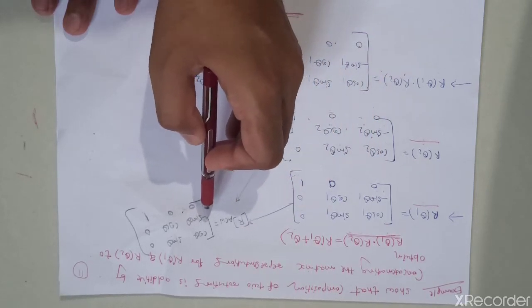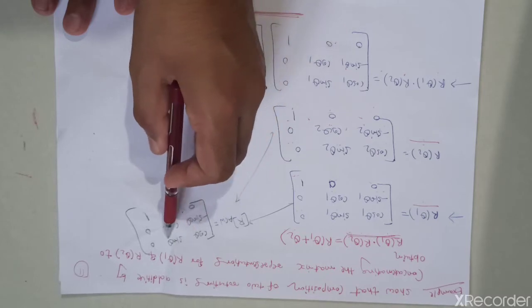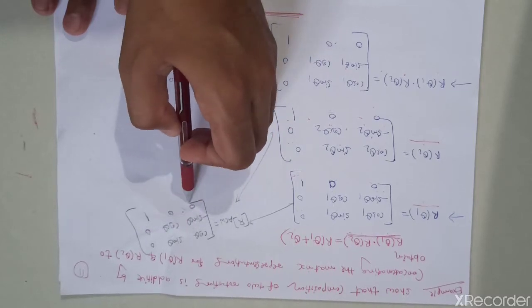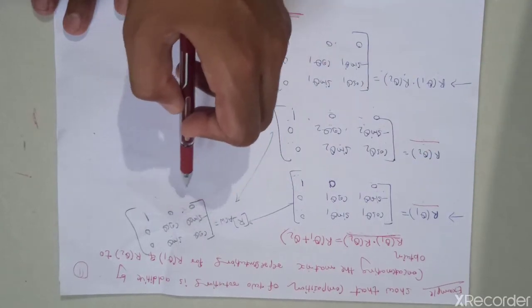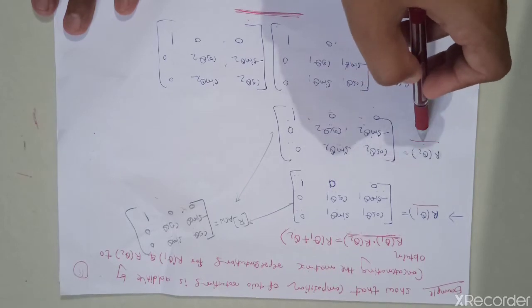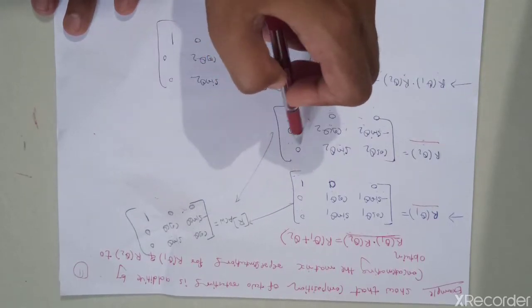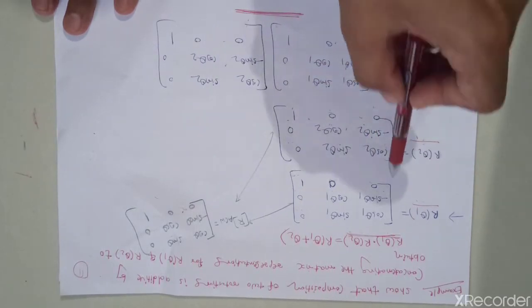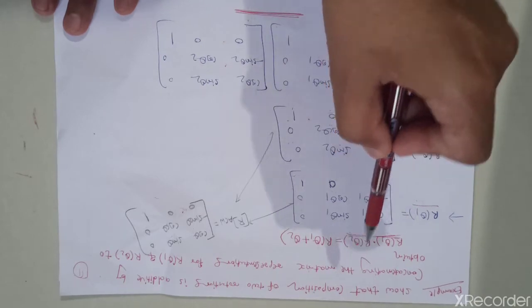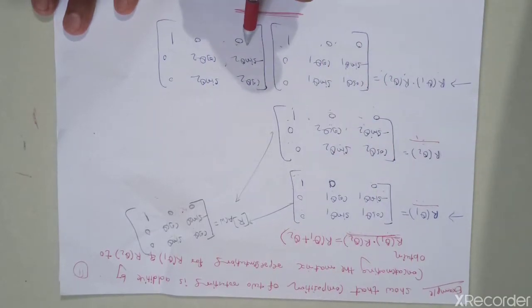So we know that the basic equation for rotation is cos theta, sin theta, 0; minus sin theta, cos theta, 0; 0, 0, 1. To get R(theta1), simply put theta1 in this equation. Similarly, to get R(theta2), simply put theta2 in this equation. So we get R(theta1) and R(theta2). Now, first of all, we multiply R(theta1) and R(theta2). So here we write down these two matrices. Both matrices are 3 cross 3, meaning 3 columns and 3 rows, so matrix multiplication is possible.